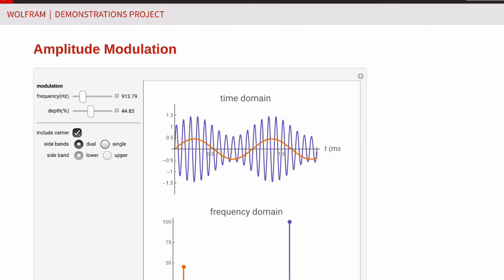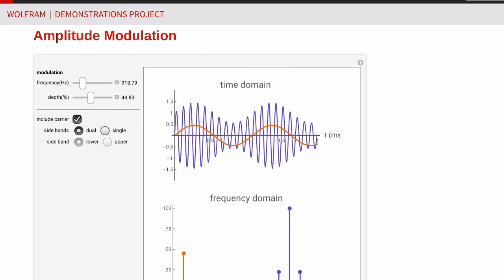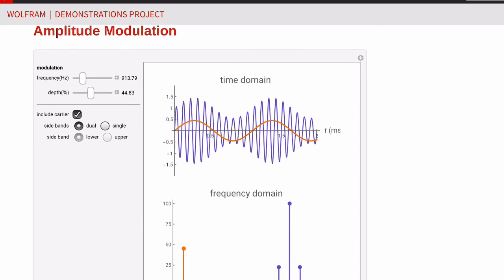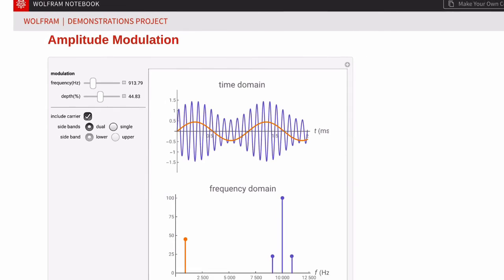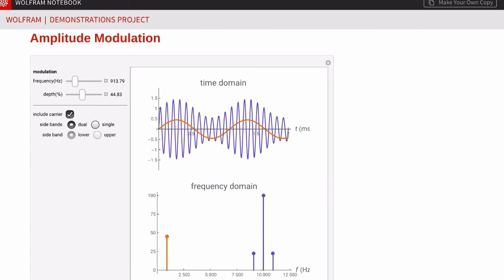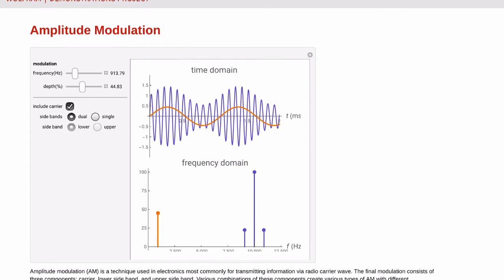So that was one of the demonstrations. This other one, if I can just get it to fit on the screen, is slightly nicer actually, because it shows you the frequency domain representation. It shows you the time domain and the spectrum. So what you can see, the red signal, that's your baseband signal. The blue is your AM signal. So see what happens as I change the frequency. I'm going to move that slider,